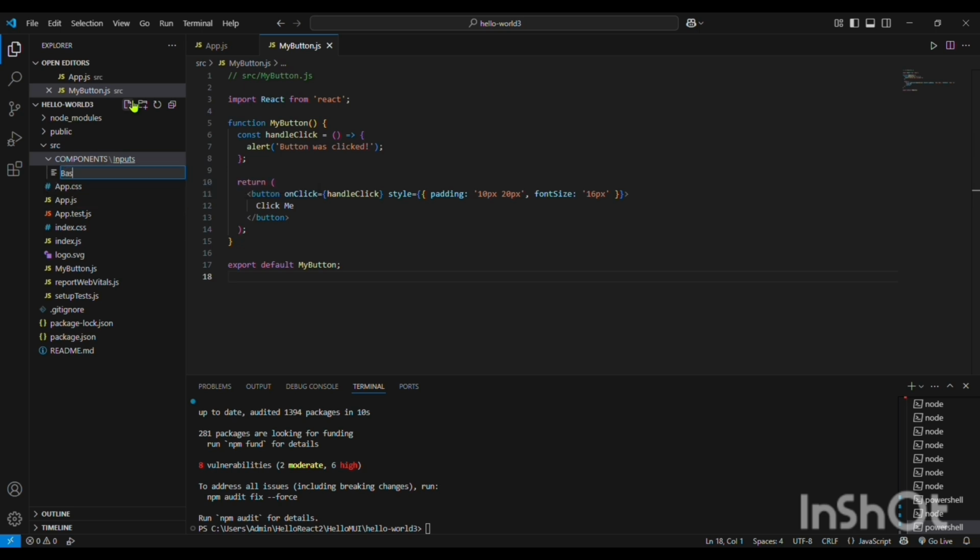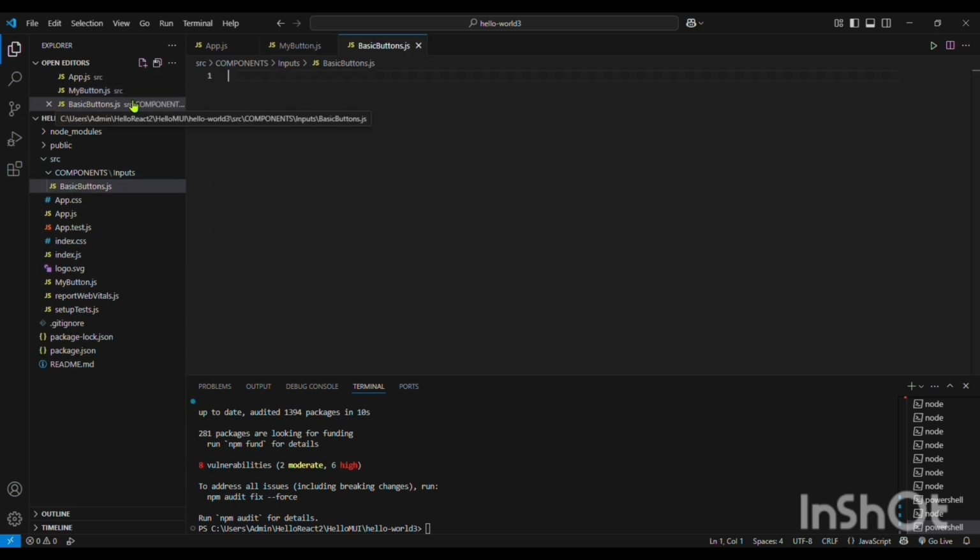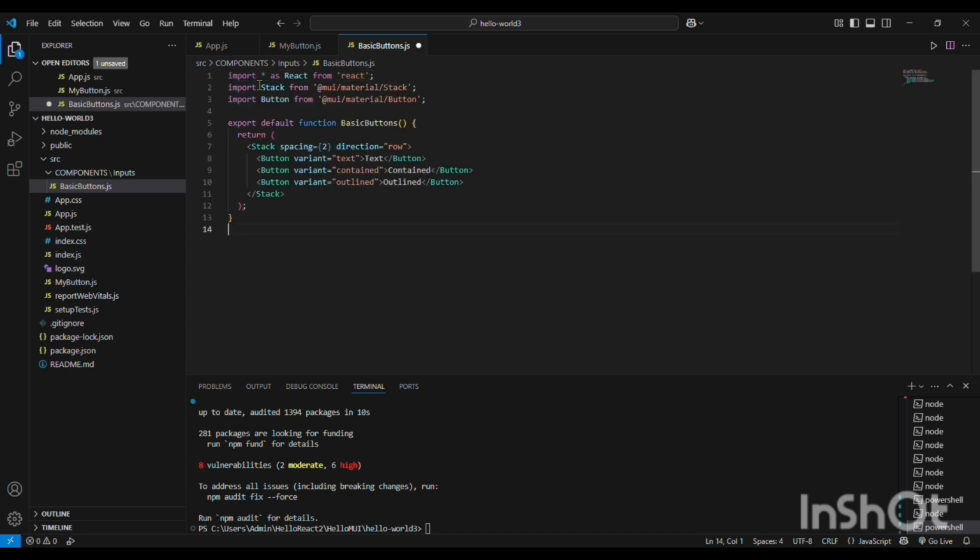So basicbutton.js is the another file which is created in the components of inputs. So we have to paste that code from the Material UI. Here is the code which is present,